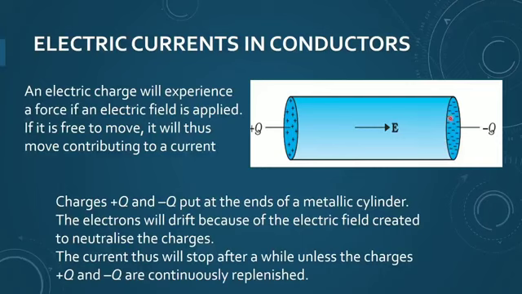And if I want to make the flow continuous, then I have to attach a source. Like if I want the water to go from the lower level to the higher level in a continuous flow, then I have to use a water pump. Similarly, if in a conductor I want the electric current to flow continuously, I have to put a source, and that source here will be your battery, which is a source for the direct current.